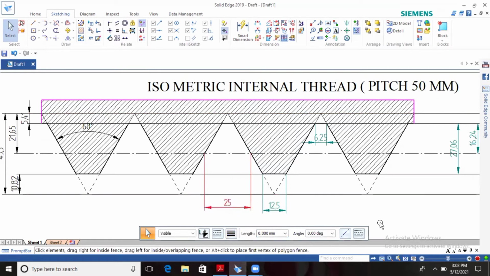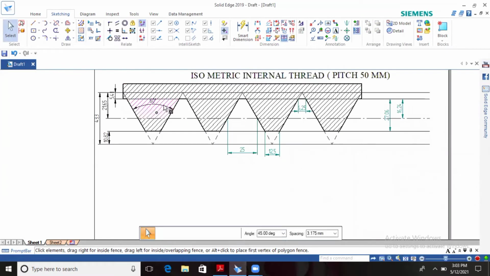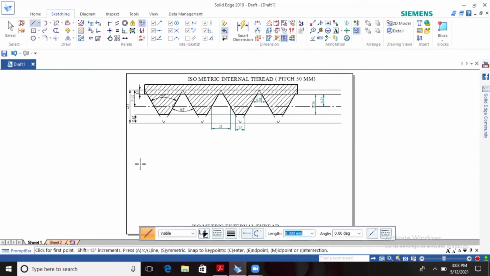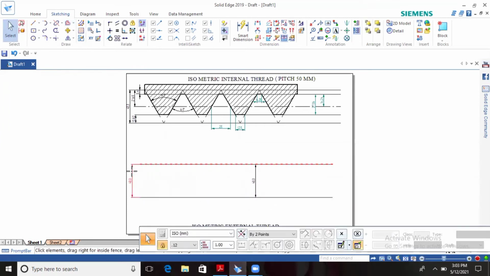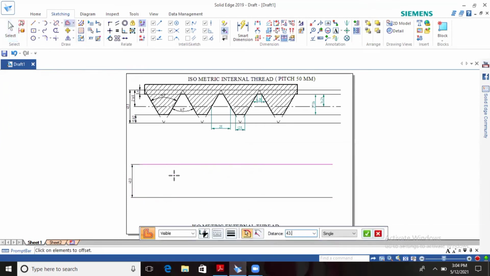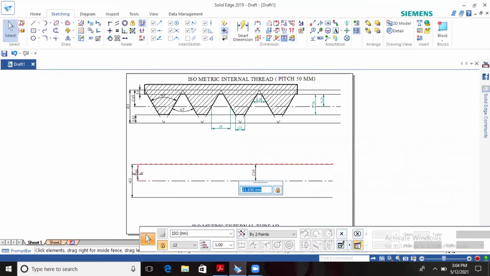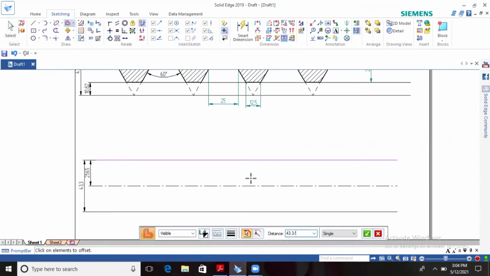With the same method you go for the external thread. The angle you can show above the thread and below the thread also. Let's start the external thread. The height will be the same h value. The crest line is also the same, h by 8, but the bottom root line should be h by 6.